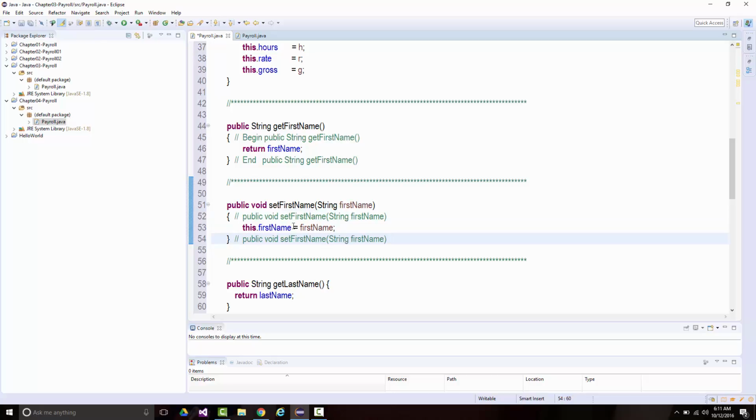So instead of just saying this dot first name equals first name, I'm going to put a check in here, and I'm going to say if first name is not equal to null, meaning if I put something in there, then we're going to set it equal to the first name. Now remember, I can't say not equal null. I've got to say dot